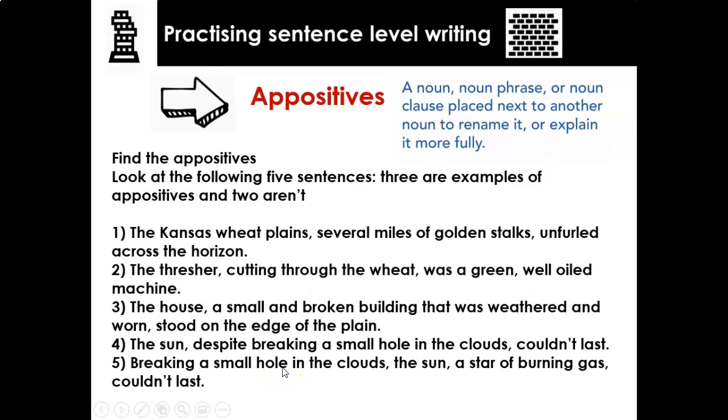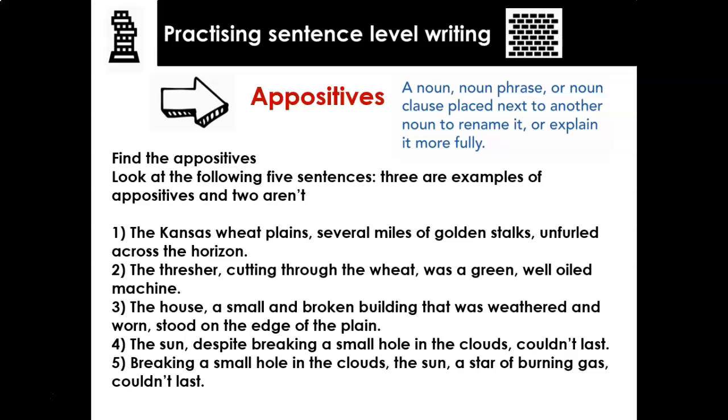So what are we going to do to practice it? Well, here you go. You've got to find the appositives. So it says here, look at the following 5 sentences. 3 are examples of appositives and 2 aren't. So which ones are examples of appositives? Which 3? Which ones aren't? So you're going to pause the screen and you're going to decide which ones are the appositives and which ones aren't. So the Kansas wheat plains, several miles of golden stalks, unfurled across the